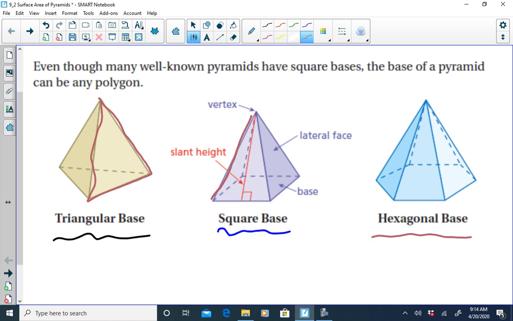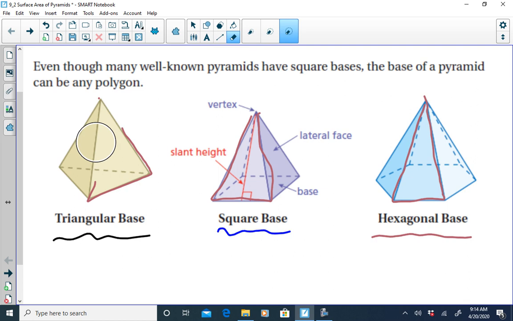And if you look at each of these examples, as I'm highlighting here, the lateral faces, or the faces that are not the bases, are always going to be triangles. Pyramids have that characteristic. One base and the lateral faces are triangles. Alright, so let's take a look at how we would find the surface area